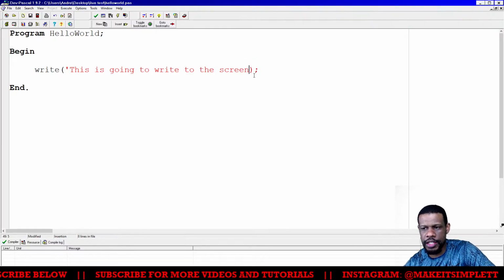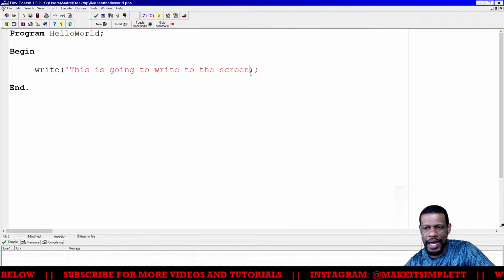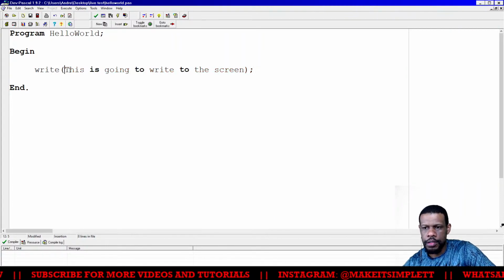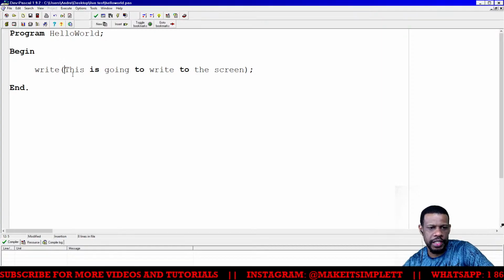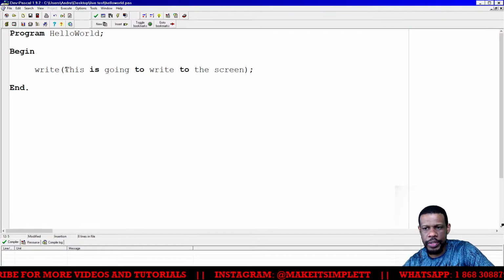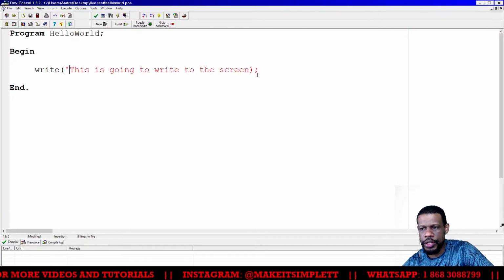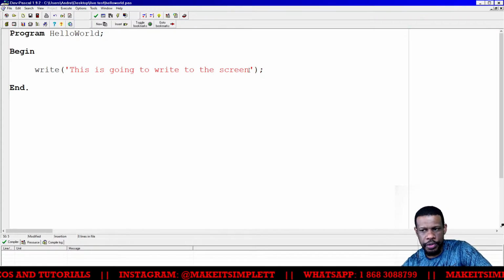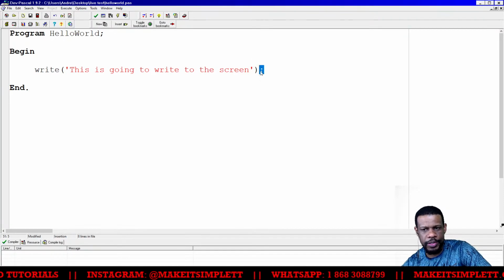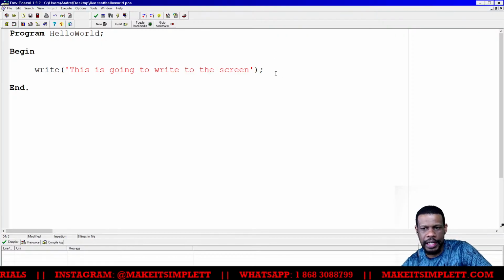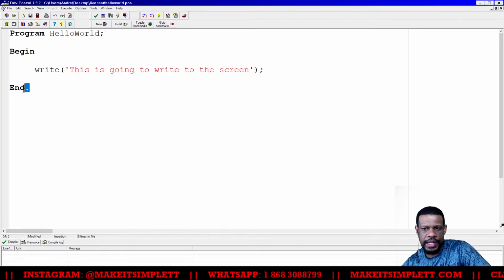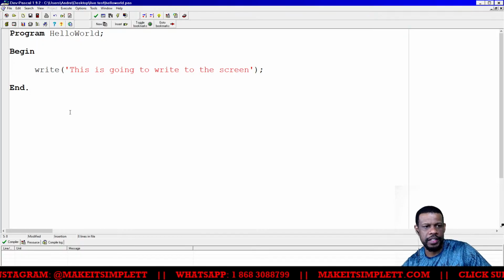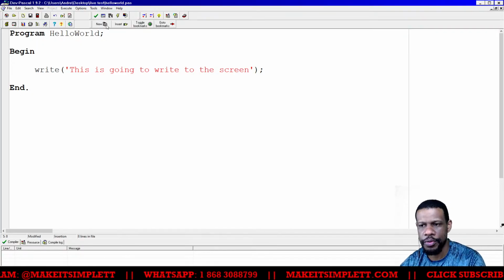Notice if I don't put the single quotes, everything will turn black, because the compiler doesn't really understand what is going on. So if I put the single quote and I put the next single quote, whatever is between the single quotes is what is going to come out on the screen. And then the semicolon is basically saying, I'm finished with that line. And the next thing that comes after this is end full stop. End full stop basically means I am done with the program.